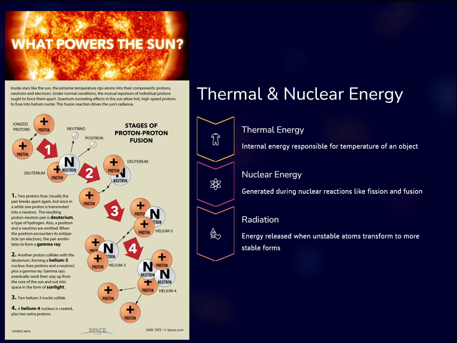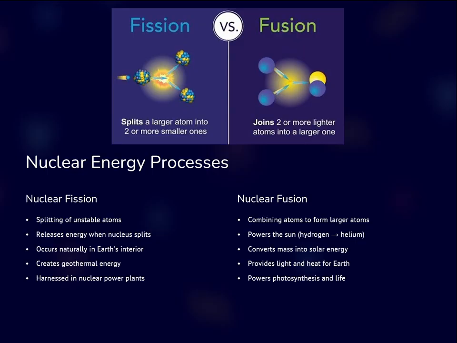Navigators timed voyages with seasonal changes in solar heating because they alter winds, clouds, and ocean conditions. Two processes: fission, which is the splitting of heavy nuclei and releases energy, occurs in Earth's interior and in nuclear power plants, as well as fusion, which is the combining of light nuclei. This powers the sun and converts a tiny bit of mass into a lot of energy. Solar fusion energy arrives as light and heat, driving all surface cycles, winds, currents, and life.